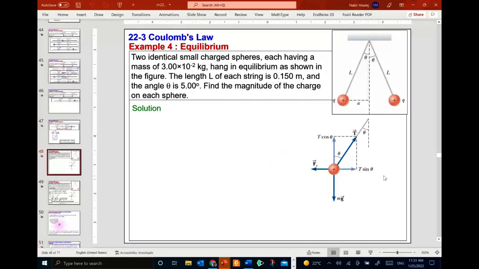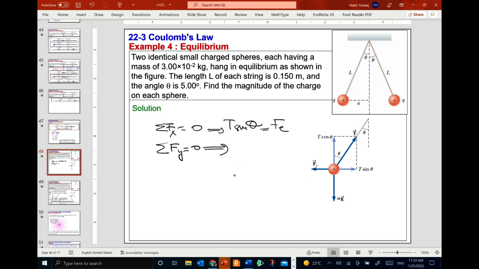Okay, so this is the free body diagram, as we mentioned earlier, and we will do the sum of the forces in the x direction equal to 0, and the sum of the forces in the y direction equal to 0. So the forces in the x direction: T sine theta is equal to Fe, and T cosine theta